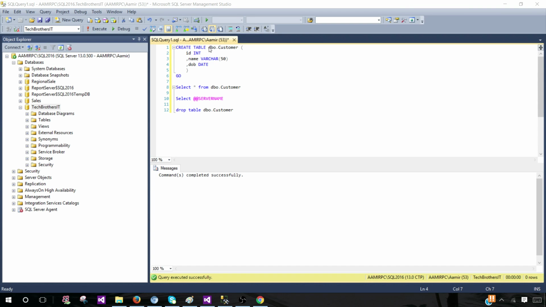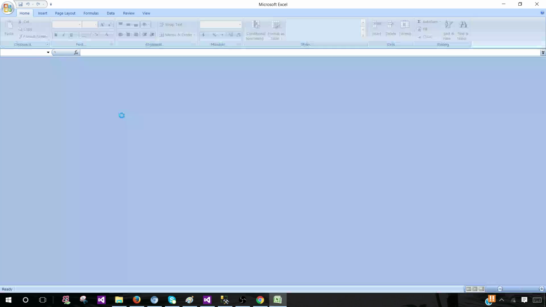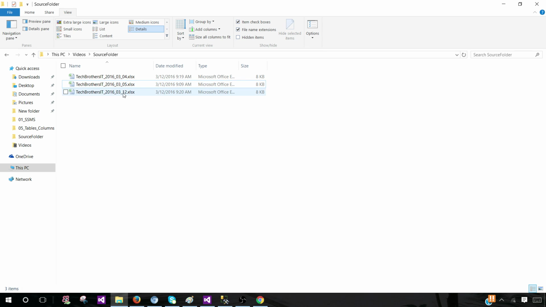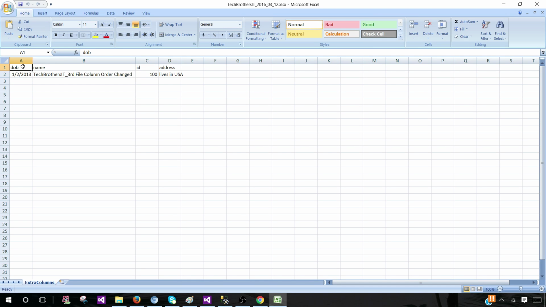But the problems come when we have extra columns. I'm going to show you the second sheet that actually has fewer columns. You see that we have ID and name. We don't have any date of birth here, and we have only one sheet in this file as well. The last one I'm going to show you is the scenario where we can always get in trouble: we have date of birth, name, ID and an extra column, address. You see that even the order of columns is messed up,